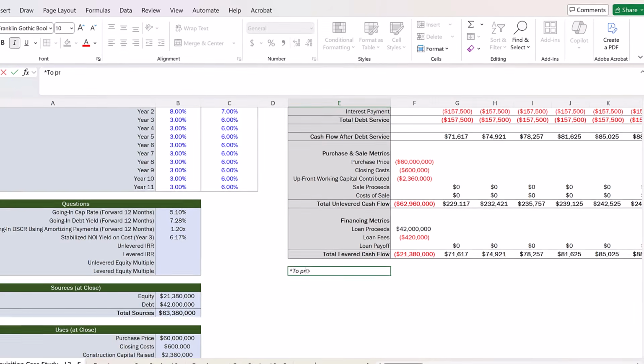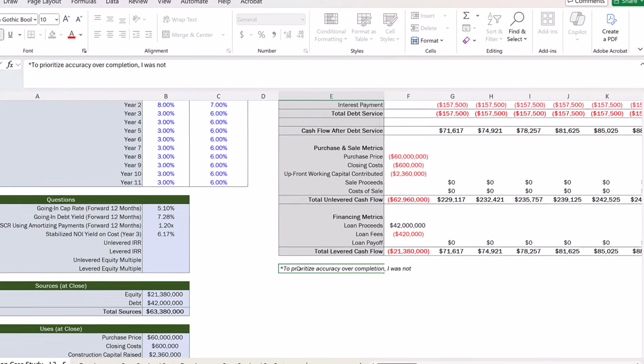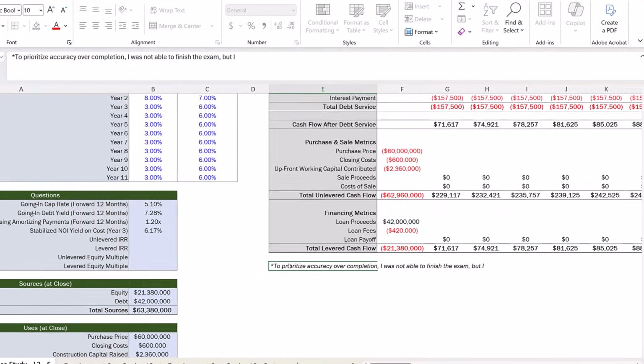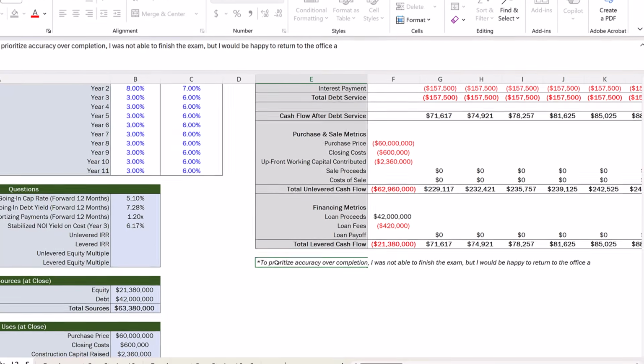In the vast majority of cases, employers will look for candidates who take the time to get things right before handing things off to the team instead of producing sloppy or careless work just to meet a deadline. And in situations where time is running out and you don't think you'll be able to finish, I typically recommend writing a quick note in your model just to explain what happened. All I need to say is that you wanted to prioritize accuracy over completion, and while you weren't able to finish everything on the test, you'd be happy to finish up the rest of the exam back in the office